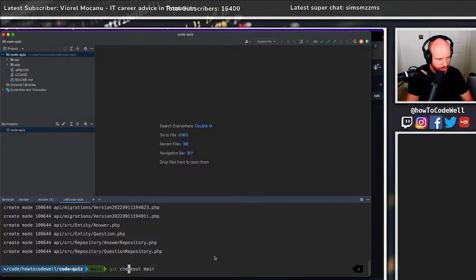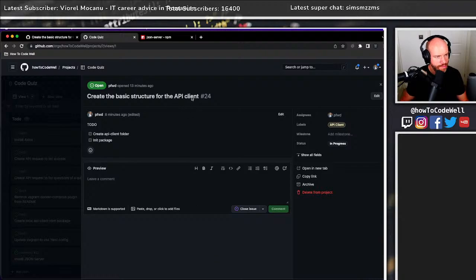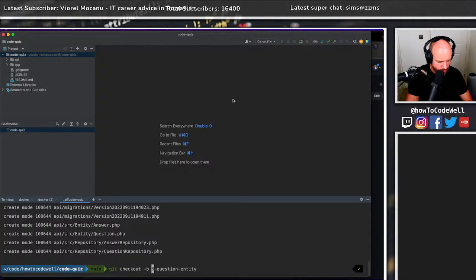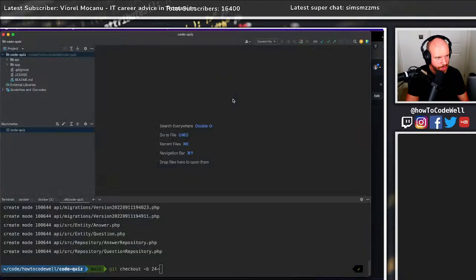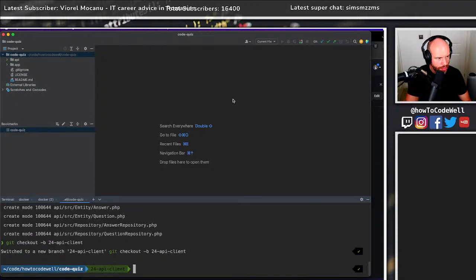I need to do a git checkout, and we're going to use our convention that we decided on Sunday on Twitch, where it's the number of the ticket. So 24, dash, and then a little breakdown of what it is. So this is API, so let's just do API client, like so. Okay, so now I need to